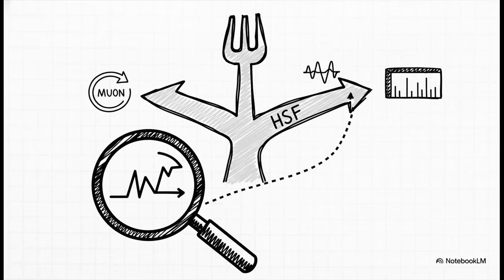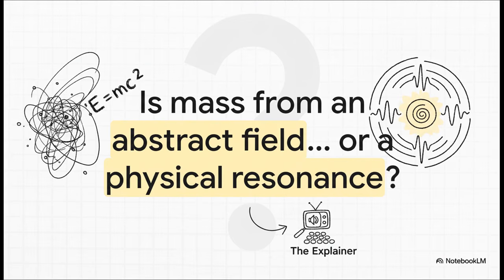And this is the most crucial point. An alternative theory is only useful if you can actually test it. HSF gives us a clear path to do exactly that. By looking for these specific experimental signals, we can actually try to figure out which picture of reality, the mathematical patch or the physical resonance, is closer to the truth. So we're left with this question. Is mass the result of a drag effect from an abstract, universe-filling field that was invented just to fix an equation? Or is it something more tangible? The stored energy of a physical, resonant wave that defines the very existence of a particle? The answer's out there, waiting for us in the data.